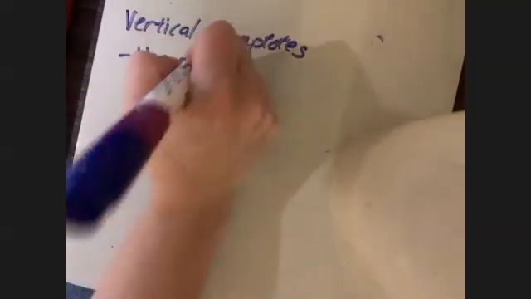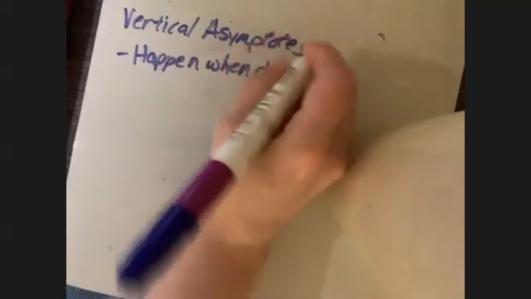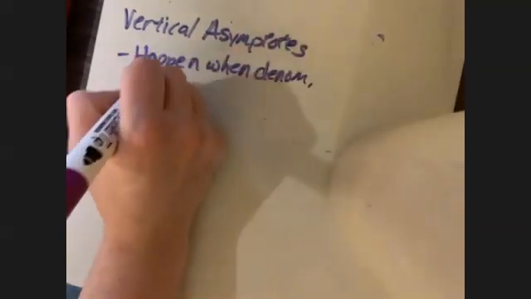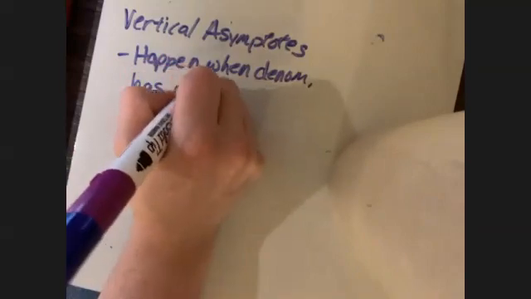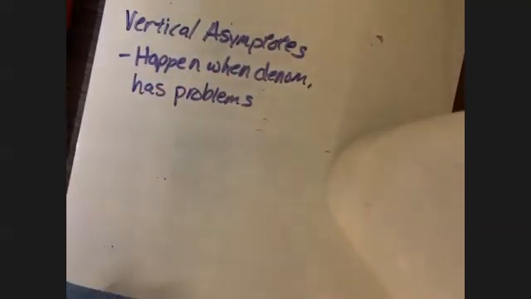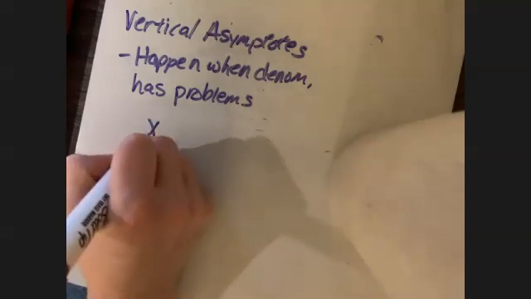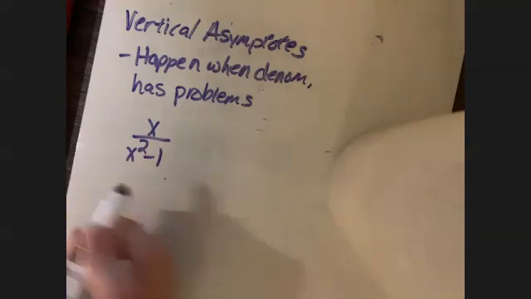Vertical asymptotes happen when the denominator has problems. So this happens when the denominator has problems. So if we look at something like this,